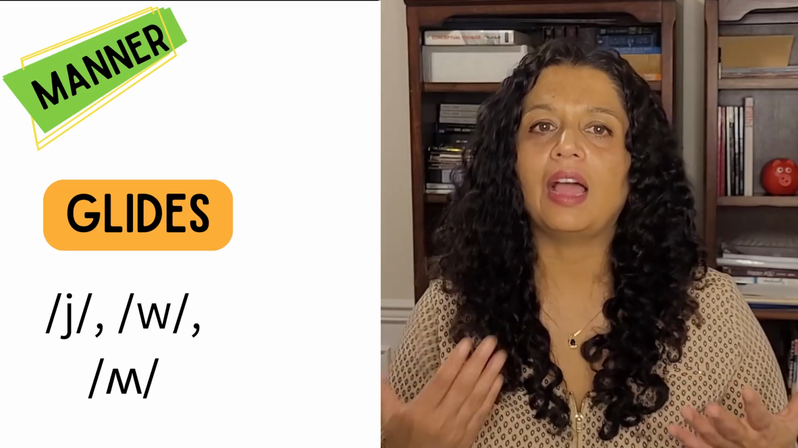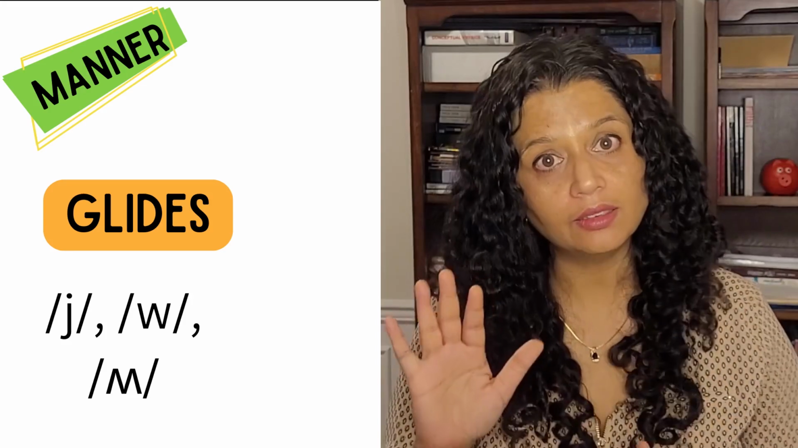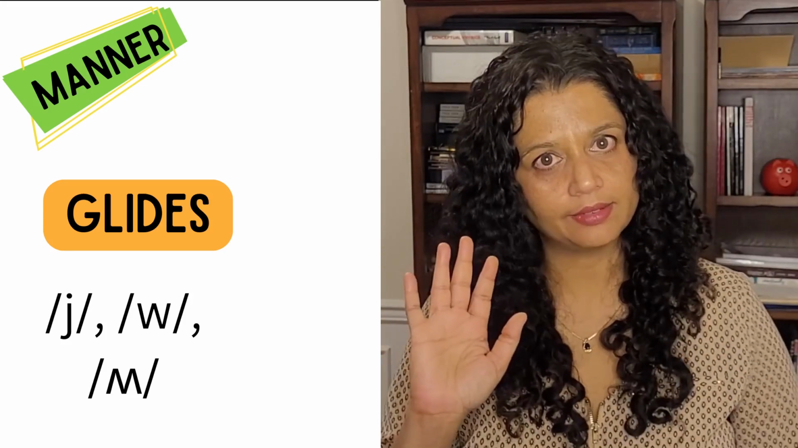The next group of sounds in terms of manner are called glides. And glides are sometimes called semi-vowels, because they have a lot of vowel-like characteristics, but they act like consonants. They cannot be the nucleus of a syllable like a vowel. A vowel has to be the nucleus of a syllable. These glides cannot be, but they are like vowels, and a lot of times they blend right into the vowel that comes before or after it. The three glides in English are ya, like yes,